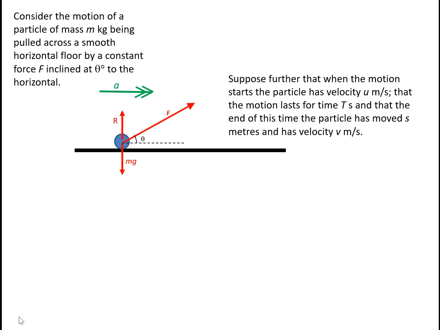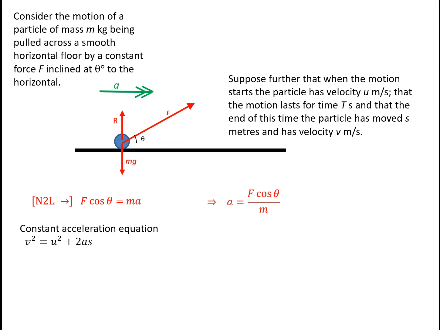Then, the mechanics that we have already done enables us to get an important relationship. First, if we apply Newton's second law to the right, the resultant force to the right is F cos θ, and that must equal the mass times the acceleration. Rearranging this, we get that the acceleration a is F cos θ divided by m. Since F is constant, and θ is constant, and m is certainly constant, we know that the acceleration is constant,